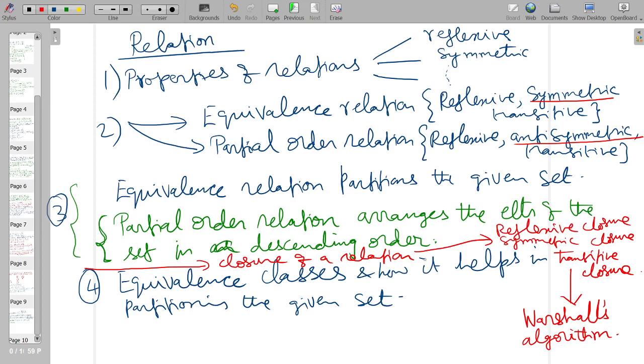So these are the main things that we have covered in the relation, and in the next class we will be discussing an improved version of a relation, or a refined form of a relation, called functions. So for the next few days we will be discussing important concepts called functions.